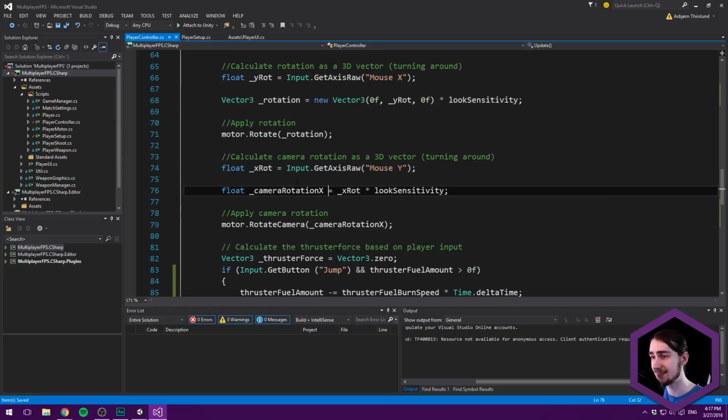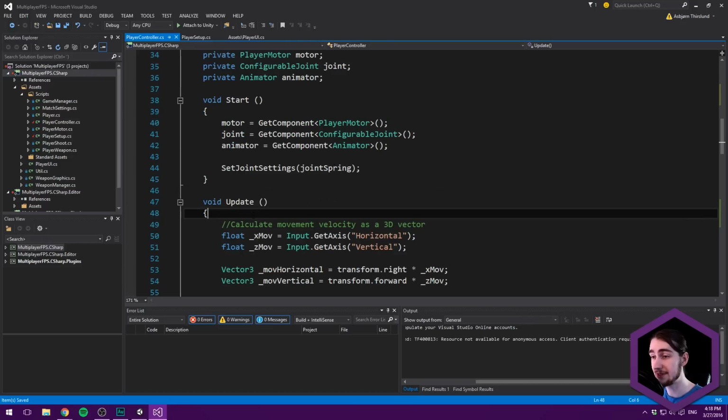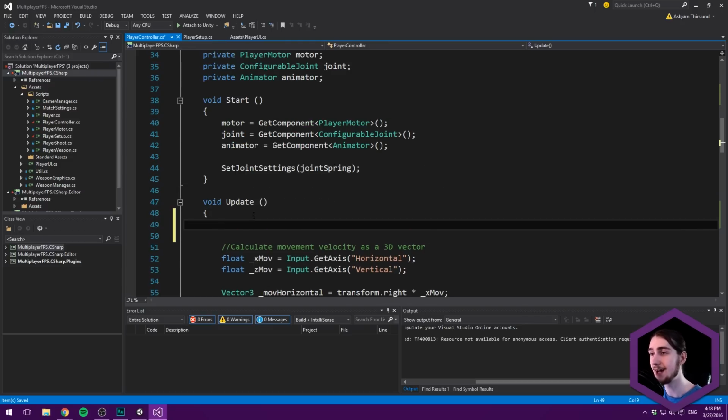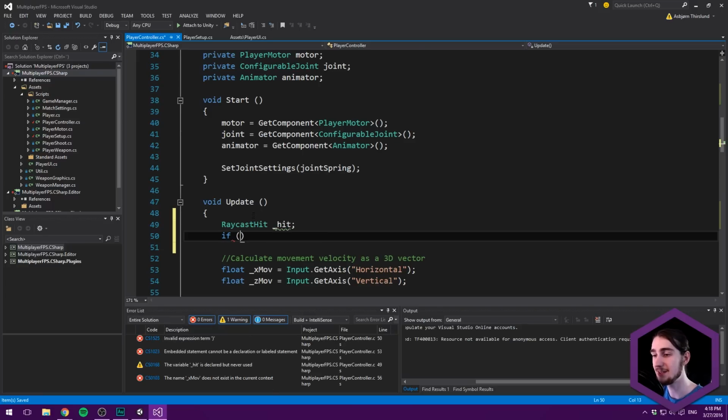So let's find our update method here. We can just do it at the very top, and this is something that we want to be doing every frame. So in here we can first off do a RaycastHit, and this is just going to store information about what we hit, where we hit it, and stuff like that. Then we can say if